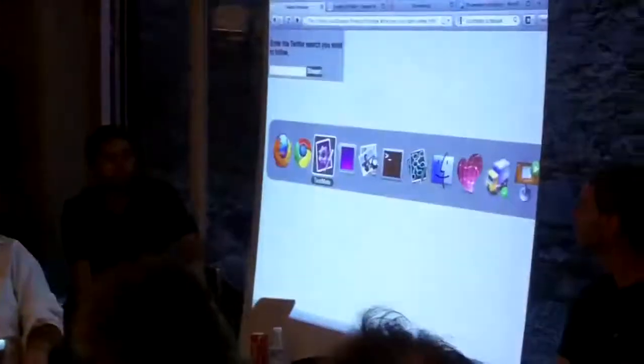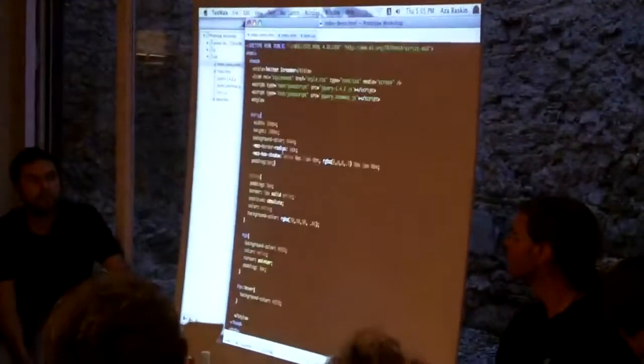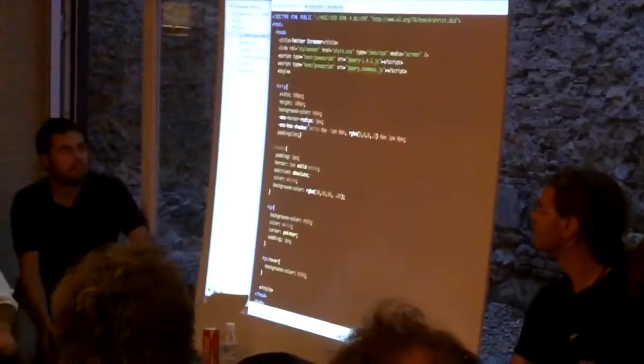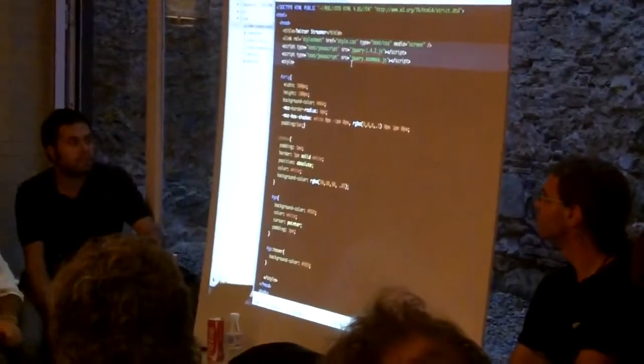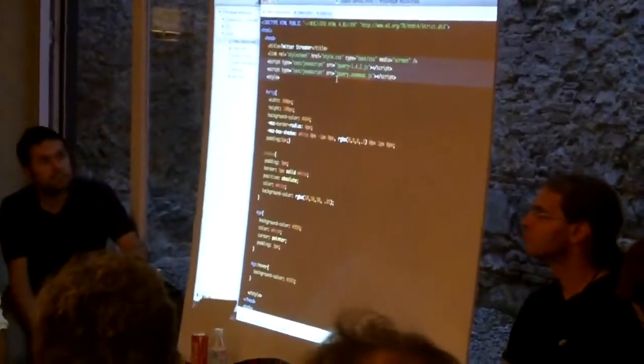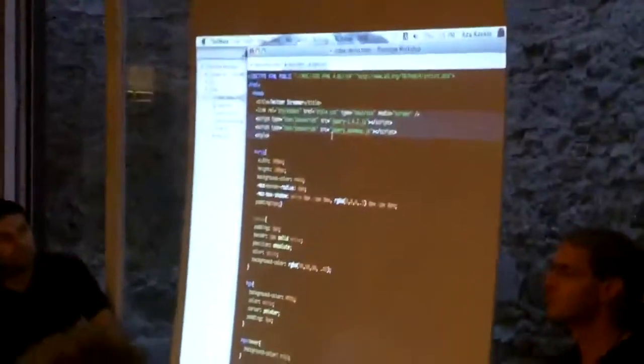So we come back here. Let's look at this page. Right now it doesn't do much. Let's see what it is. Right now it's one very short page. Can people roughly see this? Oh, fantastic. All right. I'm including jQuery and the Zoomooz stuff.